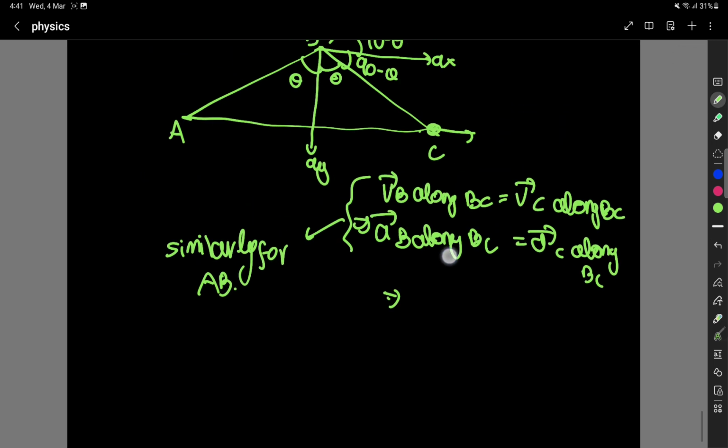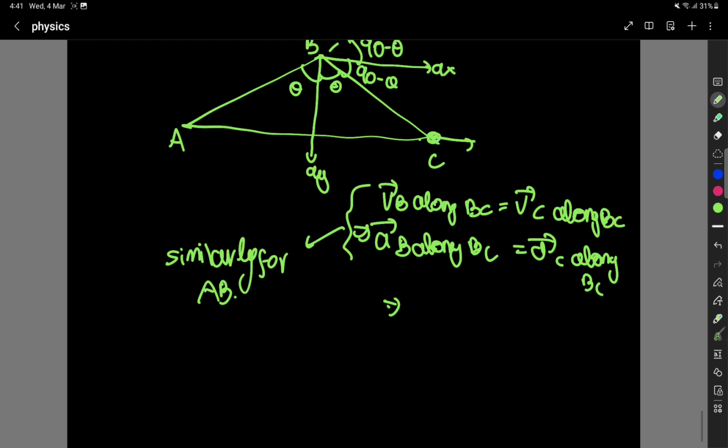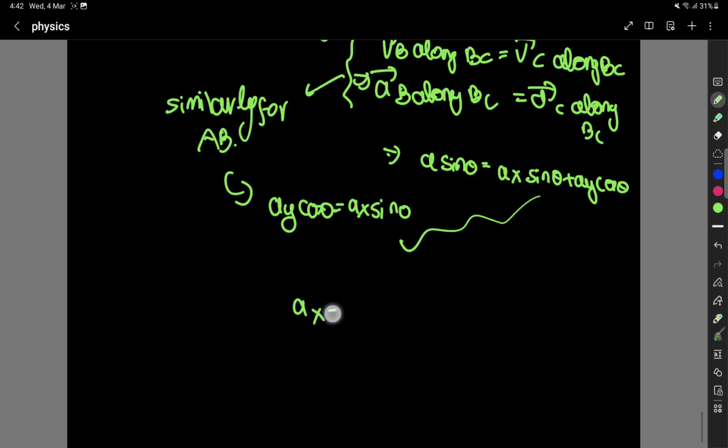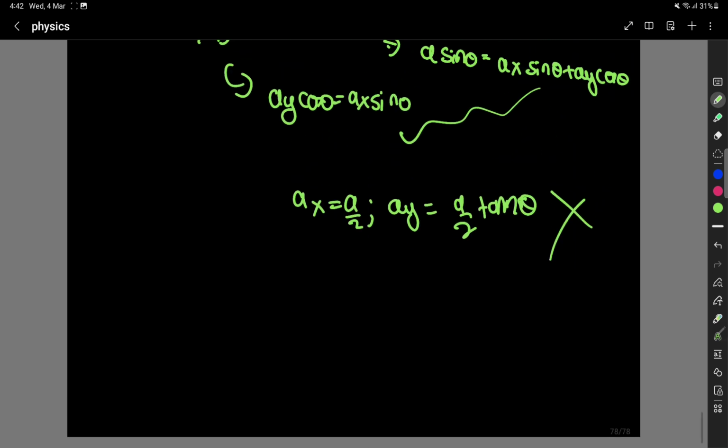So from this geometry, 90 minus theta, A sin theta will come out to be Ax sin theta plus Ay cos theta, and this will tell that the acceleration along AB is Ay cos theta plus Ax sin theta, and if we solve these two, you will get Ax is A by 2 and Ay is equal to A by 2 tan theta. Now this is wrong, and the reason why that is wrong is,